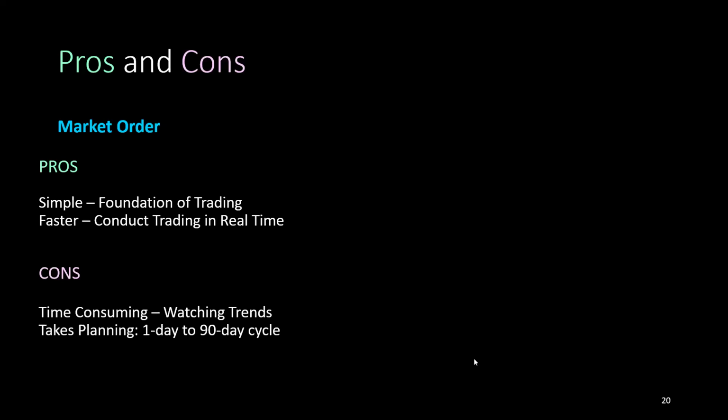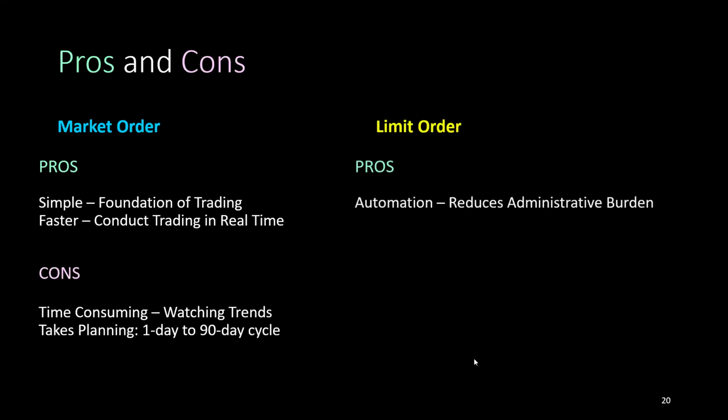Some cons of market orders usually come up, at least in that realm, if anything. Limit orders, pros are it's automated. Again, you will not hit the perfect price on the low point. You may not hit the perfect price on the high point to sell, but you might come within 10, 15, 20% of each, and maybe 5% if you're really good. And that's okay too. You can set within that 5, 10, 15% of whatever you think that price would be,